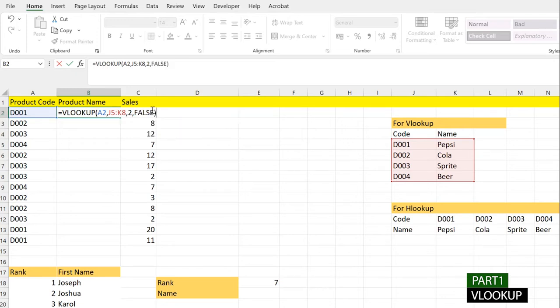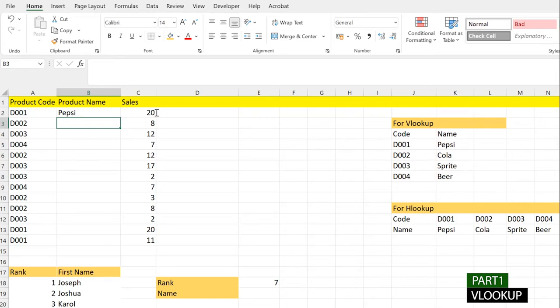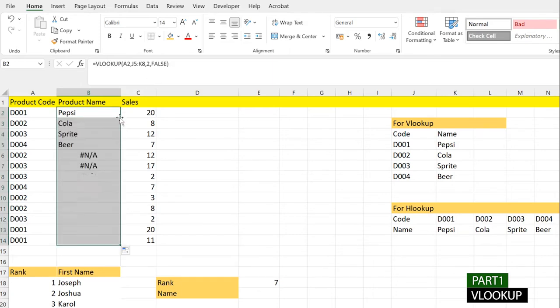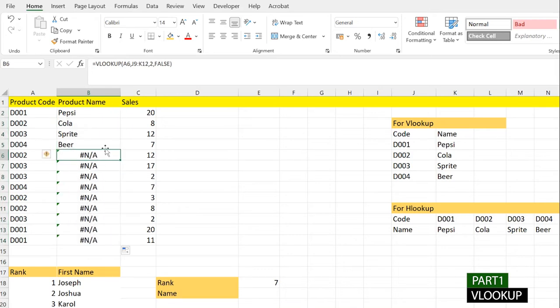So here, when we apply to all, just remember that we haven't fixed that J5 to K8 in this formula, so it comes just fine, right? So we don't need to fix that value or array. But if we apply to all, see, it gives us the error here, because when we see the arguments of D002 here,